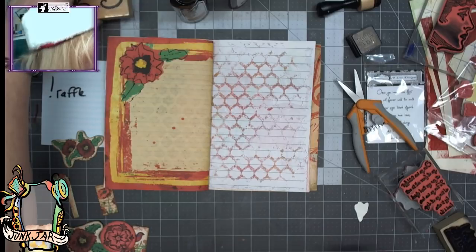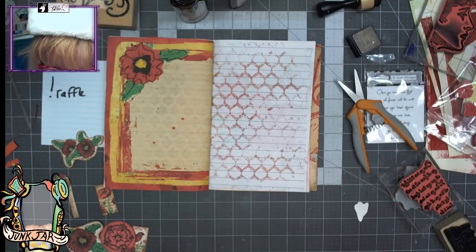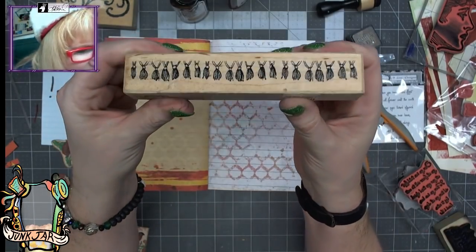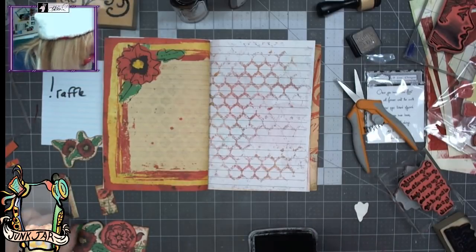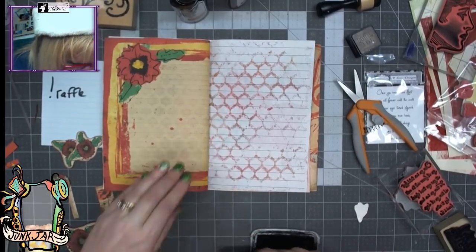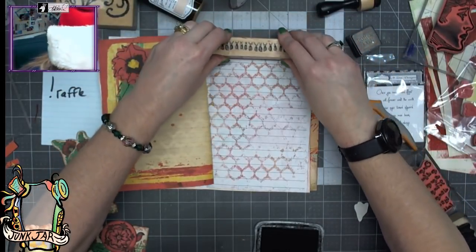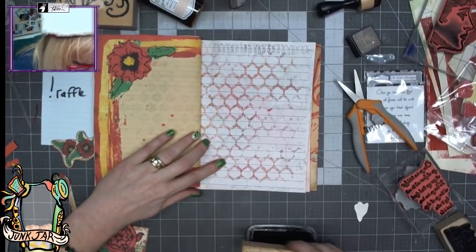I'm glad you like it. It's kind of fun. I enjoy doing this kind of stuff. All right, so let's see. Oh, I haven't added this stamp to my shop, but I thought it'd be really cool for a bohemian, a gypsy journal. So I'm going to put that right across the top here. Just real faint. I need to re-ink my...